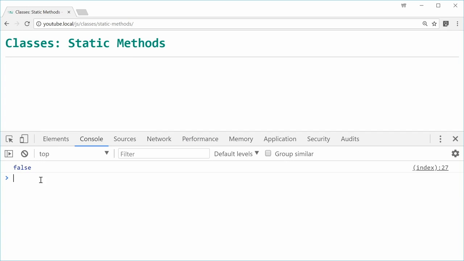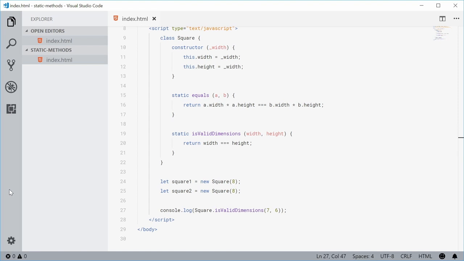Refresh and we get false. Okay, so static methods are used for, I guess, helper functions. So they're still relevant to the actual class, but they don't actually require an instance of that class to work. In fact, if I was to just get rid of these two guys right here,